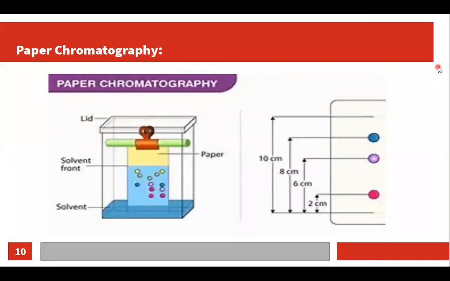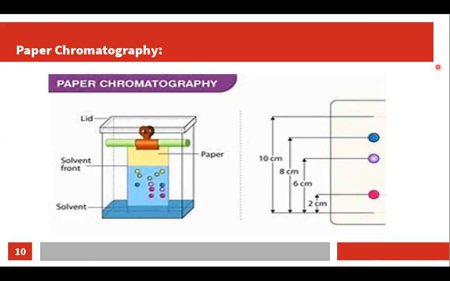And then finally, we've got paper chromatography. Chromatography can be used to separate a mixture of several solids that are soluble. Soluble means that they can dissolve in a solvent. This is often used to separate coloured substances such as inks or dyes. And an interesting fact is that in Greek, chroma means colour, and that's why it's called chromatography, because you separate